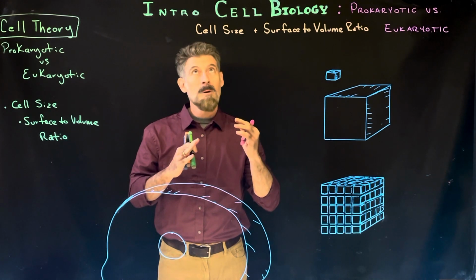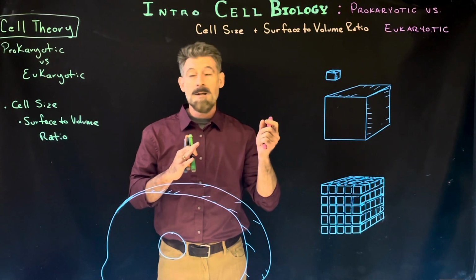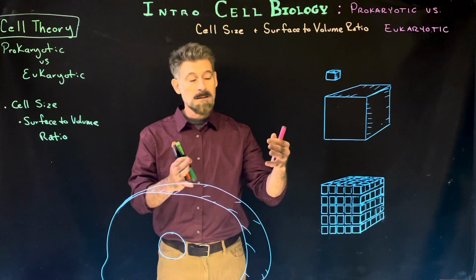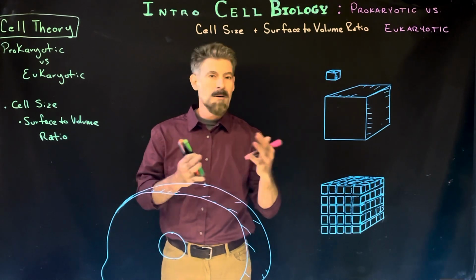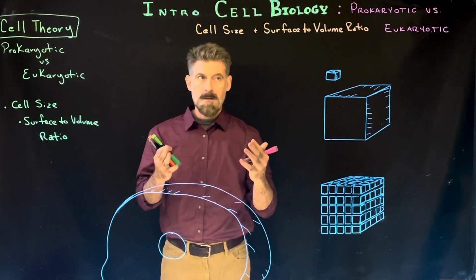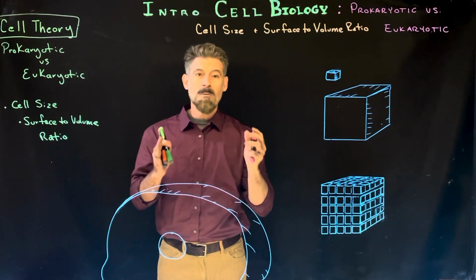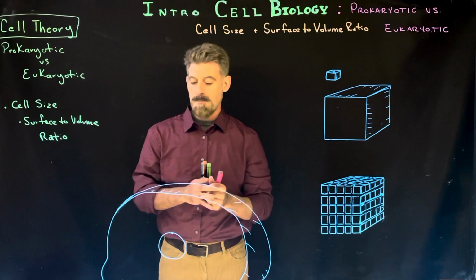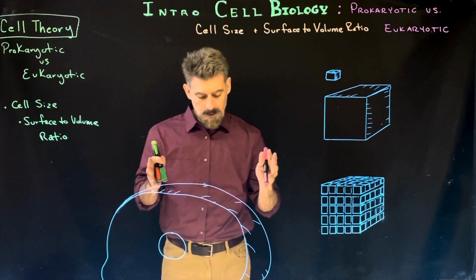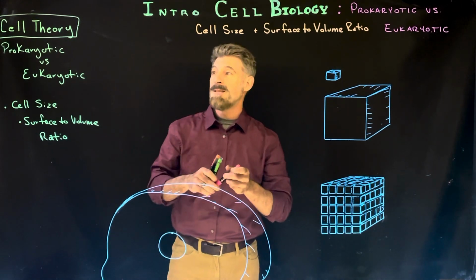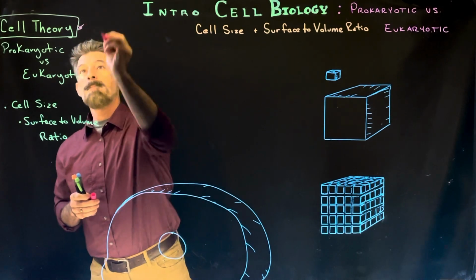And it's one of the more important things to understand, or there's a particular aspect of this that is very important to understand that I feel most people miss. All right? And that's the surface to volume ratio and where that comes from and what it really means to the cells and how it affects them. So that's what we're going to kind of go over right now. So we're talking about cell theory. This is what we're looking at.